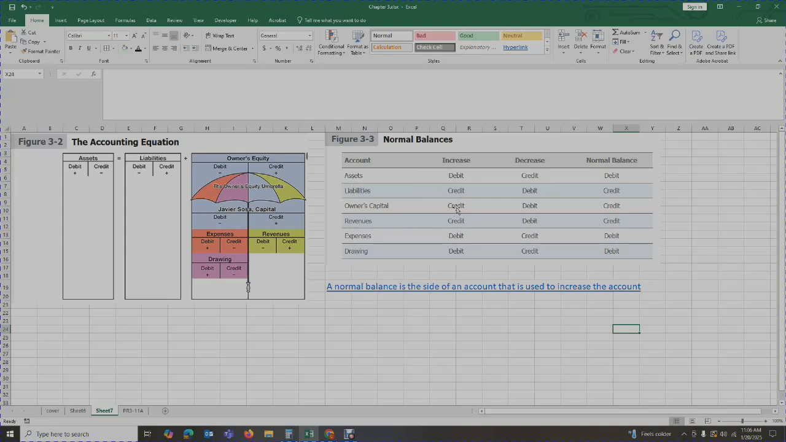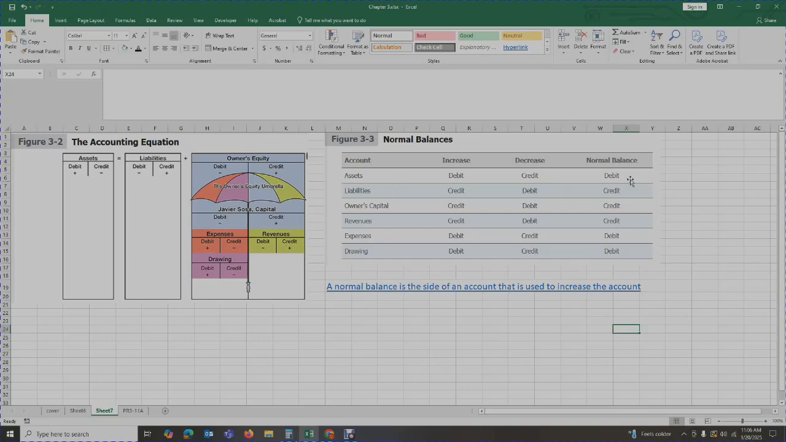So liabilities, owner's capital, and revenues all increase with a credit. Assets, expenses, and drawings all increase with a debit. Okay, so those are the normal balances of the accounts. So what does that mean, Dr. Mercado? That means that when you tally up your balances on the debit and the credit side, your balance for